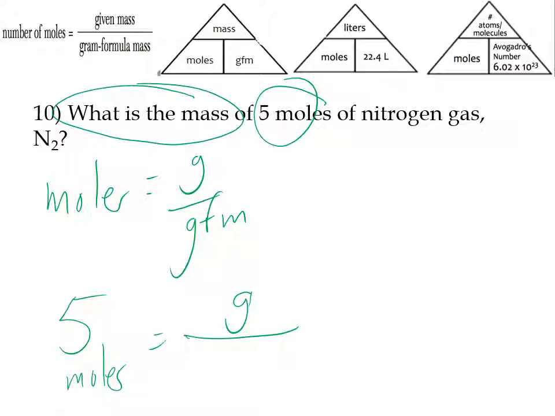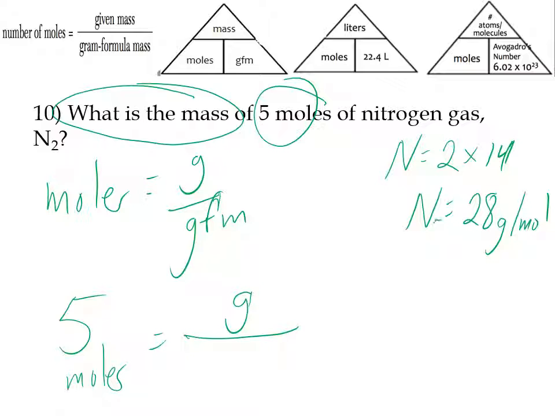I've been doing that for every single question. So I'm going to look up what the gram formula mass of N2 is. And if you look at N, there's 2 of them in the molecule. Each one, according to our periodic table, weighs 14. So the total mass of N, the gram formula mass, I should say, is 14 times 2, and that's going to be 28 grams per mole for N2. So I'm going to write this down here now, 28